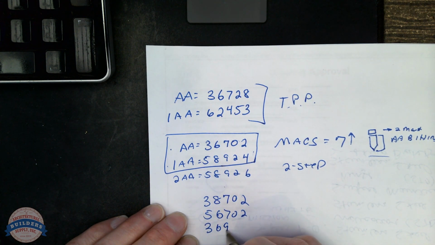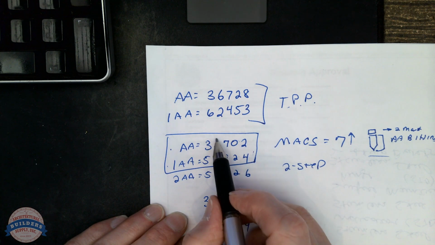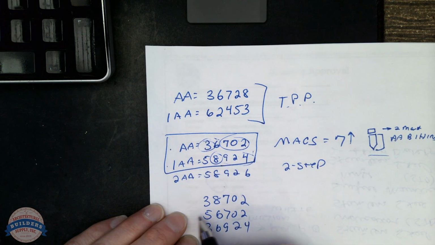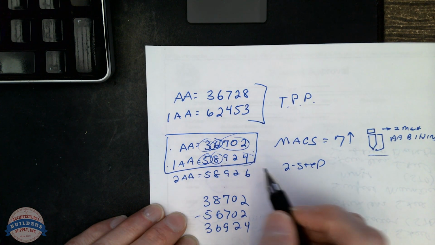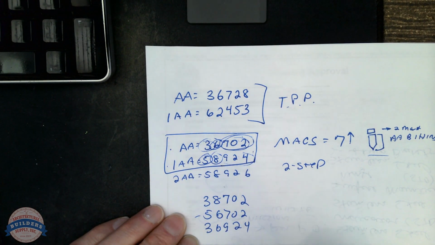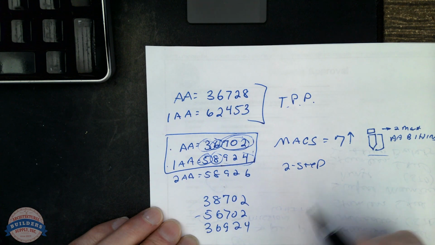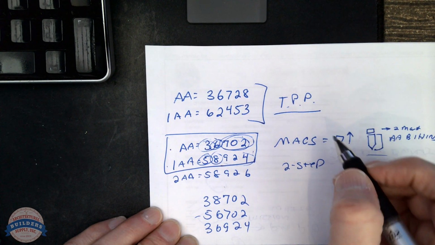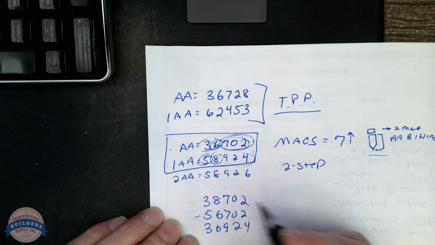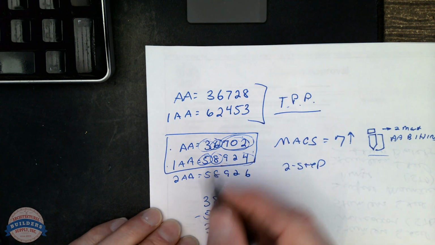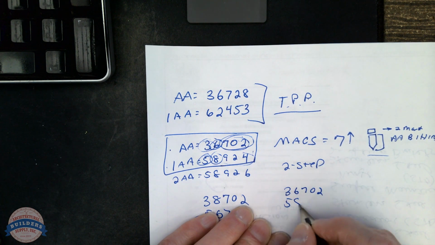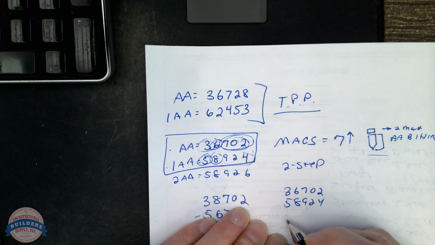Wouldn't 36924 work? I'm using some of the bittings from here and some of the bittings from here. Wouldn't any combination of those keys work? Yes, it would. And that's what the incidental is. That is an Achilles heel, so to speak, or a substantial shortcoming of total position progression. So the incidental keys here, you could literally write them all out if you studied those two key numbers. So you know 36702 works, you know 58924 works. Yeah, but so would